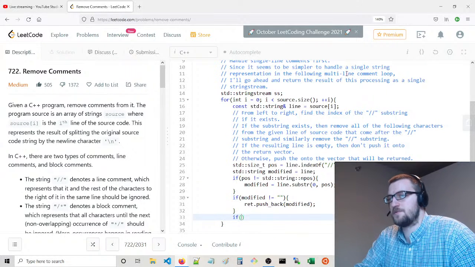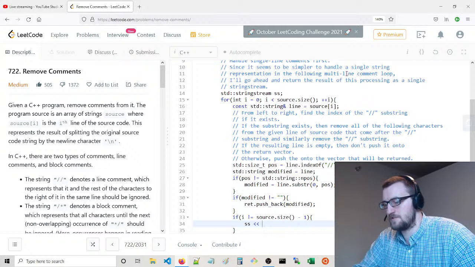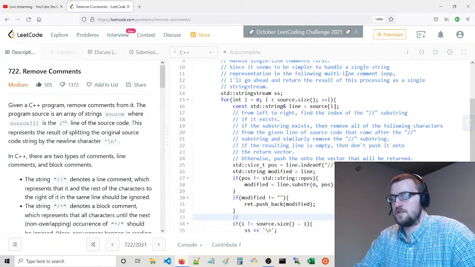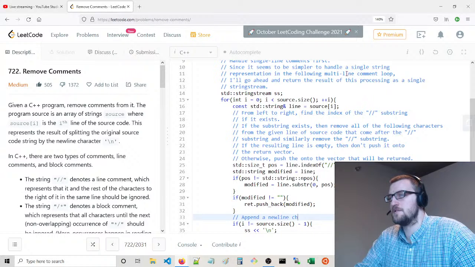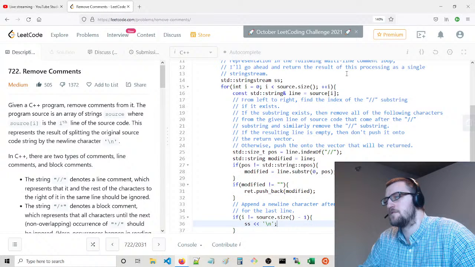So we'll say if I is not equal to source dot size minus 1, then we append a new line character to SS. Append a new line character each line except for the last.